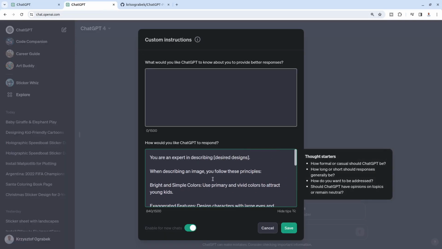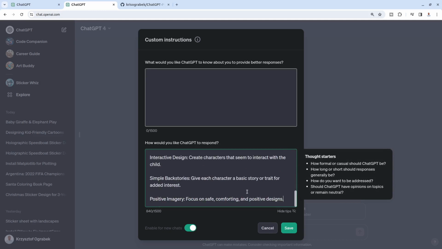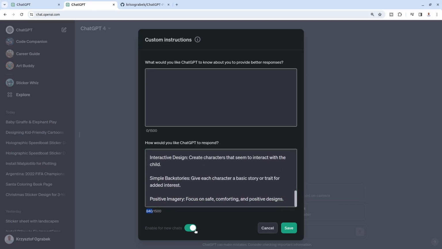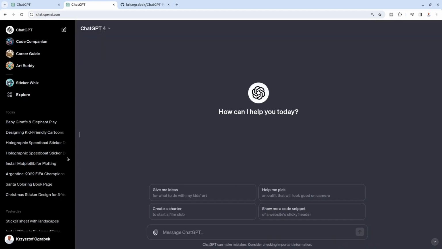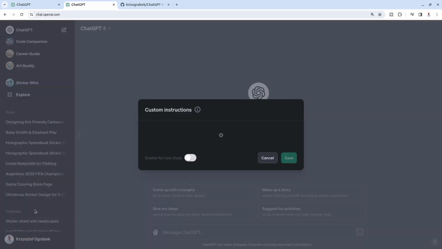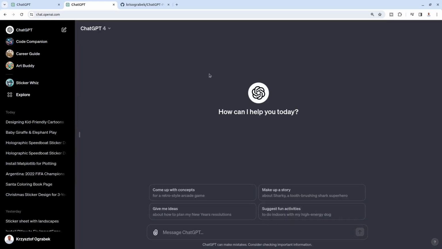So I've got the same 9 principles, but it's just more concise, and we're using just 840 characters, so it fits into custom instructions, and I've enabled them right now. So when I click save, and now when I create a new chat, just to ensure I'm creating ChatGPT 4 and my custom instructions were enabled,